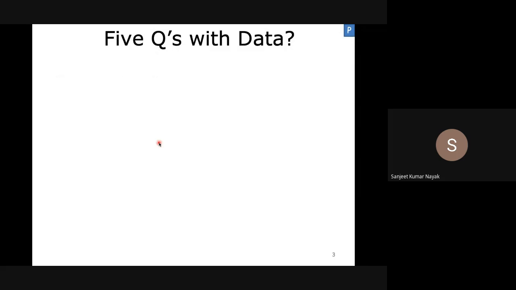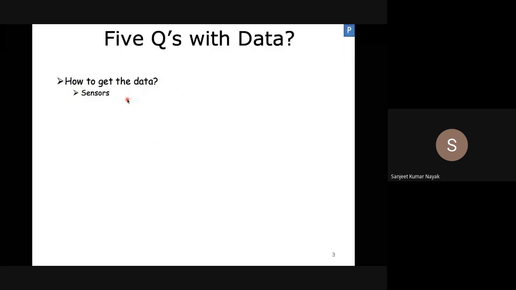So the first question is how to get the data. We need to collect the data, that is our primary job. Without data we cannot do anything. Then how to get the data? For that we need to implement sensors. This is not the only way. We can have social media also from where we can collect the data. There are different platforms from where we can collect the data, but the majority of the data is collected using sensor